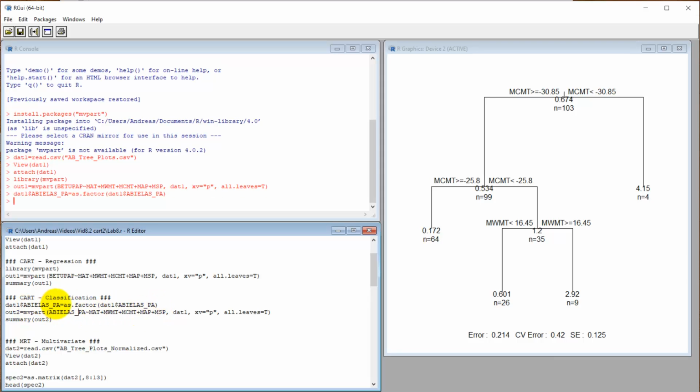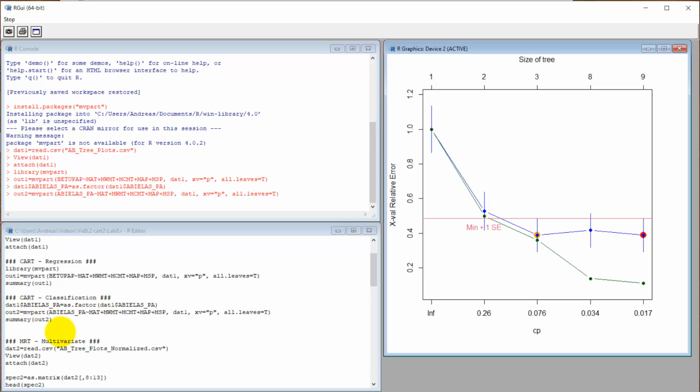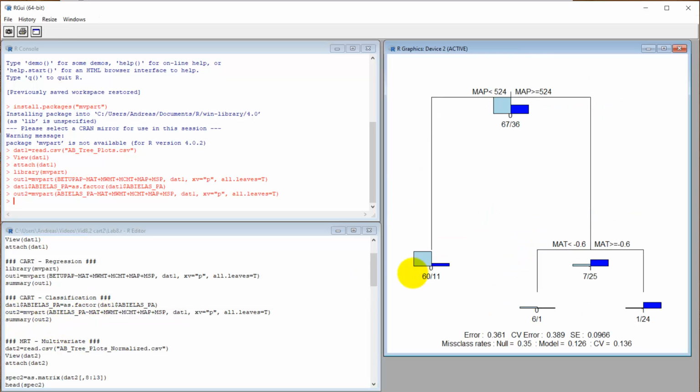I could also call this P and A for presence and absence, but since I put them as 0 and 1s, I have to actually define this as a factor. Okay, and so let's run this, pick 3, and now we get the frequency diagrams here. So subalpine fir actually likes high precipitation. So the light blue are the absence samples, the dark blue are the presence samples, and so if we follow